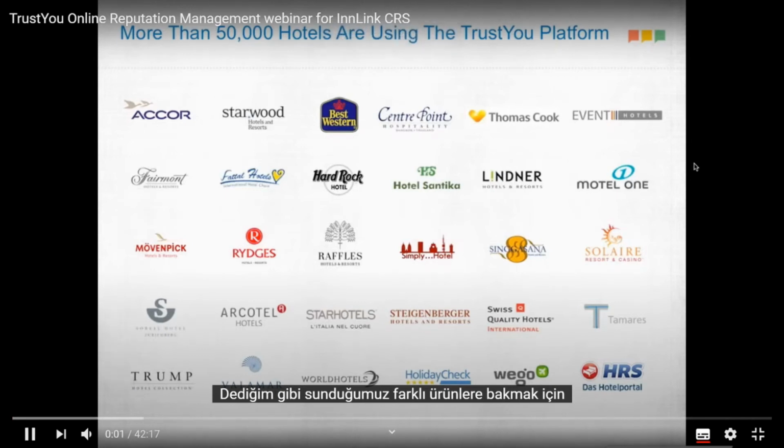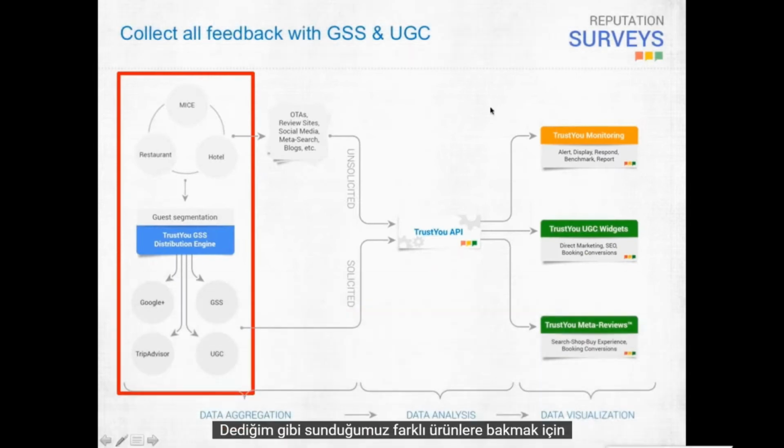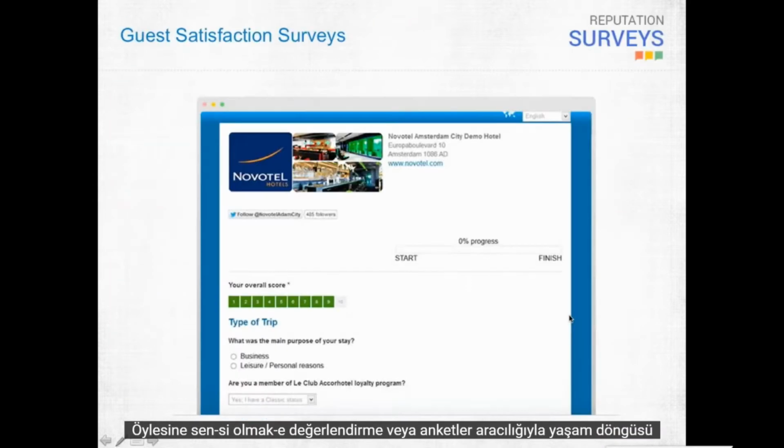So to look at the different products that we offer, as I said, we look at the overall reputation monitoring, but more importantly, we look at the review lifecycle. So you've got the reviews that you're getting through the surveys, the different sources that would then go into your reputation monitoring area, and then you'd be able to market those through the meta review widgets that we provide, and that may seem like a foreign language right now, but I'll explain that later on in the presentation,